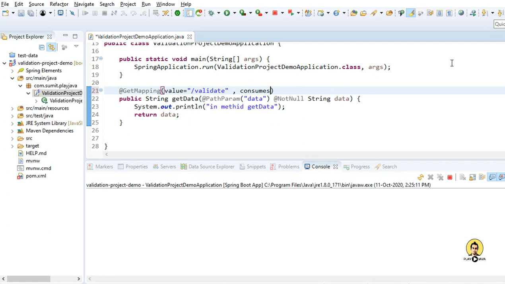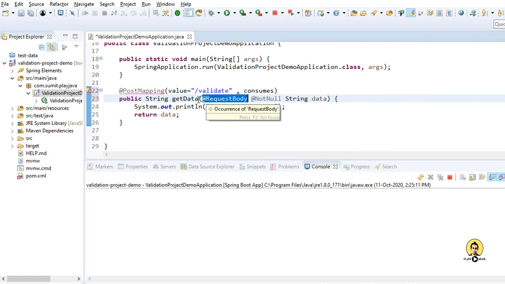Now let's go with parameters where we are not sending a string but sending an object. For that, let's provide the object in the body. I am going with the PostMapping, that is the POST method, and I will provide the things in the body. So let's make it a RequestBody, and this is the PostMapping.